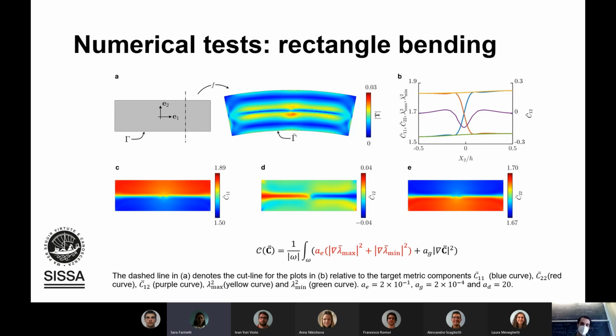And what is interesting for us in this case is that the optimization problem leads to a structure that in the limit could be a discrete structure, in the limit where this coefficient AG, which penalizes the whole gradient of C, goes to 0. And this reminds somehow of phase transitions, when one has an interface which separates the two phases. And in this case, the two phases could be, we see that this red here has more or less the